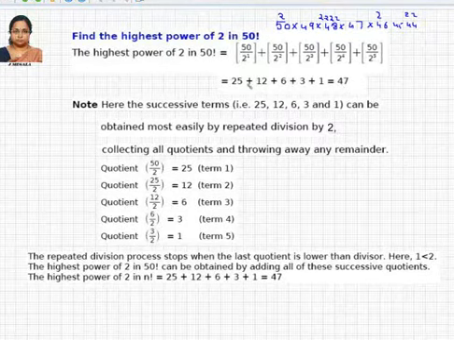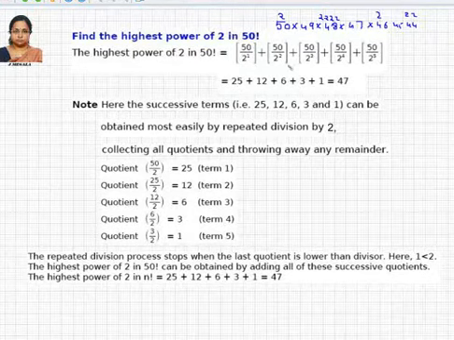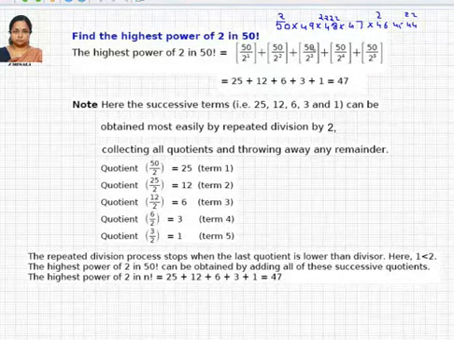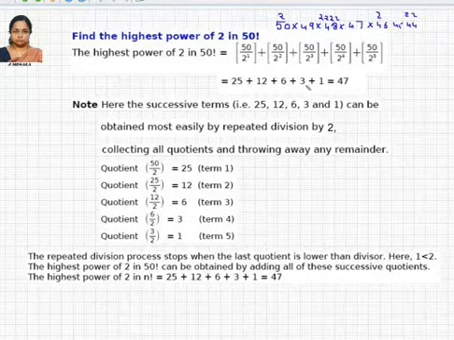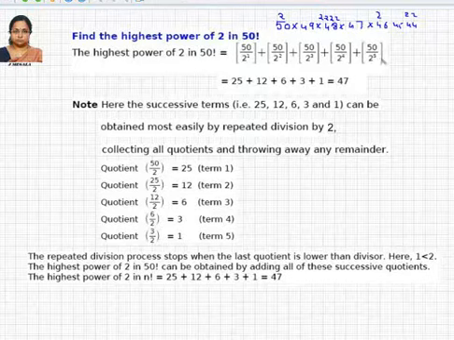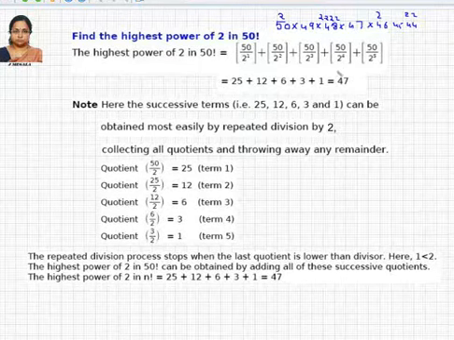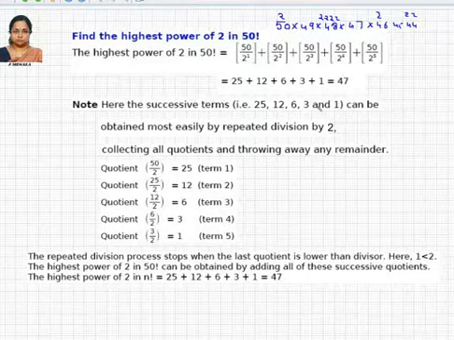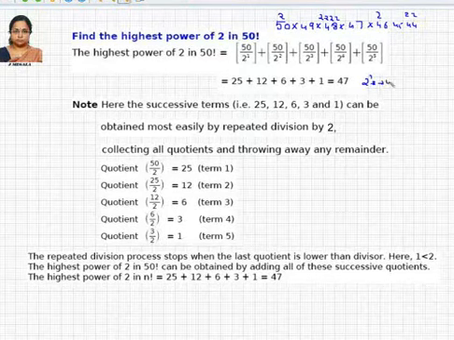Now you consider only the quotients of each of these. 50 by 2 is 25, and 50 by 4 gives 12 as the quotient; I'm not taking the remainder. Then 50 by 8 goes 6 times, and 50 by 16 goes only 3 times, up to 48. Then 2 power 5 is 32, which goes only once. When you add all this, you get 47. So this is the answer: the number of 2's is 47 in 50 factorial. That's the meaning of this.